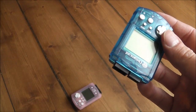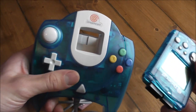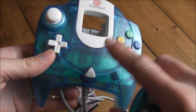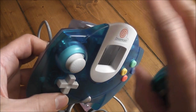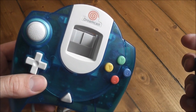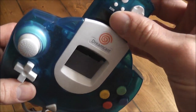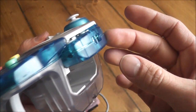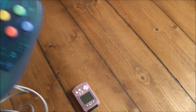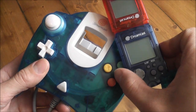So if you remember my last video, I picked up a Japanese controller here. It used to stink of smoke. I actually managed to get rid of the smell of smoke, by the way, using bicarbonate soda and scrubbing it. Took a while, but got there in the end. But anyway, yeah, the VMU for this is a perfect match colour wise. The North American one that I was using before, you can see it's a much darker kind of navy blue,